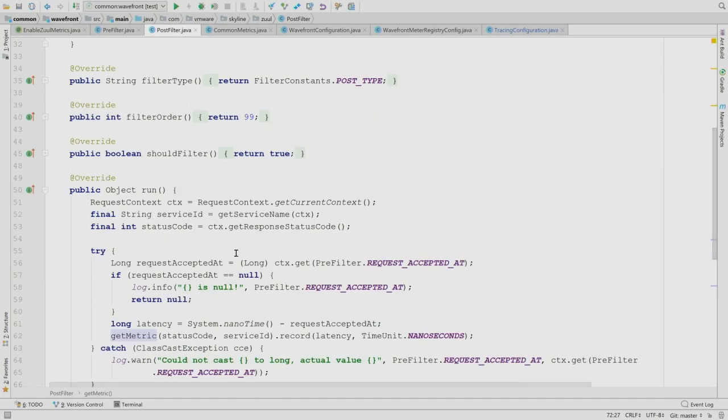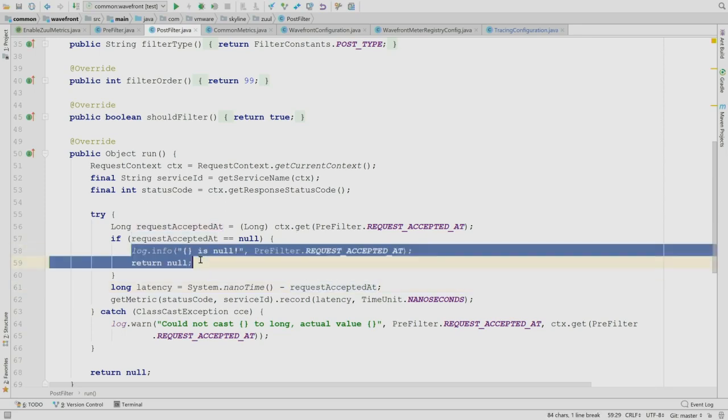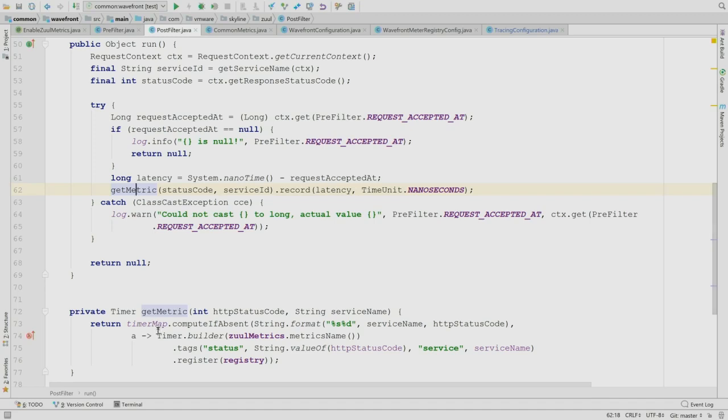So in here, in the run, we grab the context, we fetch the status code. Also, we read when the initial request was accepted. So we grab that from the context itself. Okay, if there is some failure, we put an info, or it might be an error. Then we measure how much time it took for the whole request to complete. So it's entering the request, doing all the logic, receiving the response. We measure this. We don't measure at an individual level here. And then we get the metric. So it's a little bit of a utility method that builds different metrics depending on the target service.